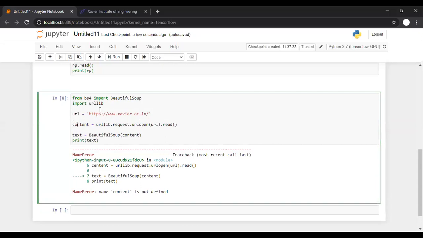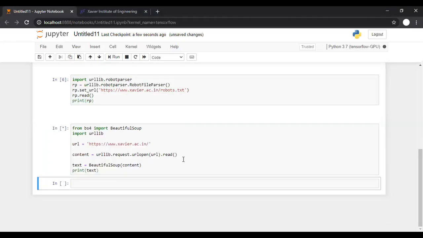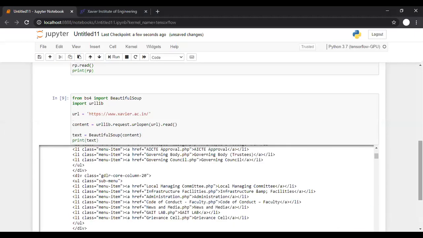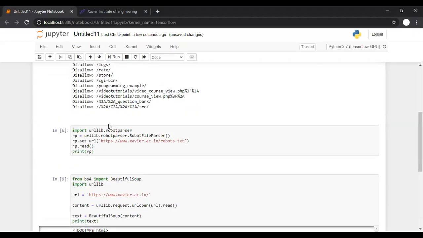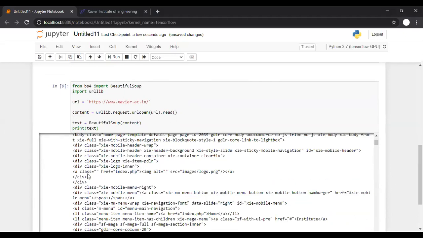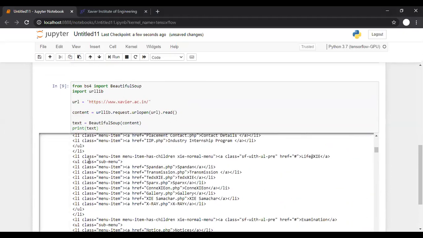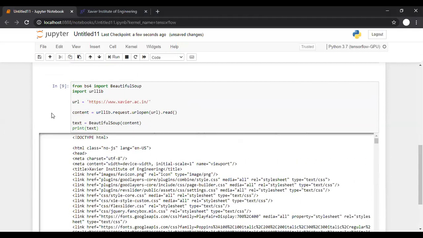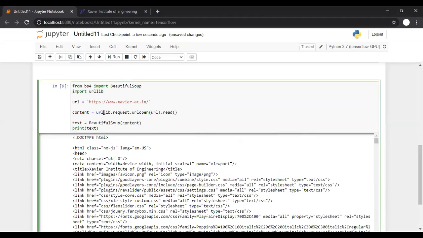Okay. So if I run this now, yes, the page is downloaded. So basically, if you are using Beautiful Soup along with urllib, you will be able to access some pages, but you will not be able to access some of the pages because that access is blocked by the firewall present at the server side.